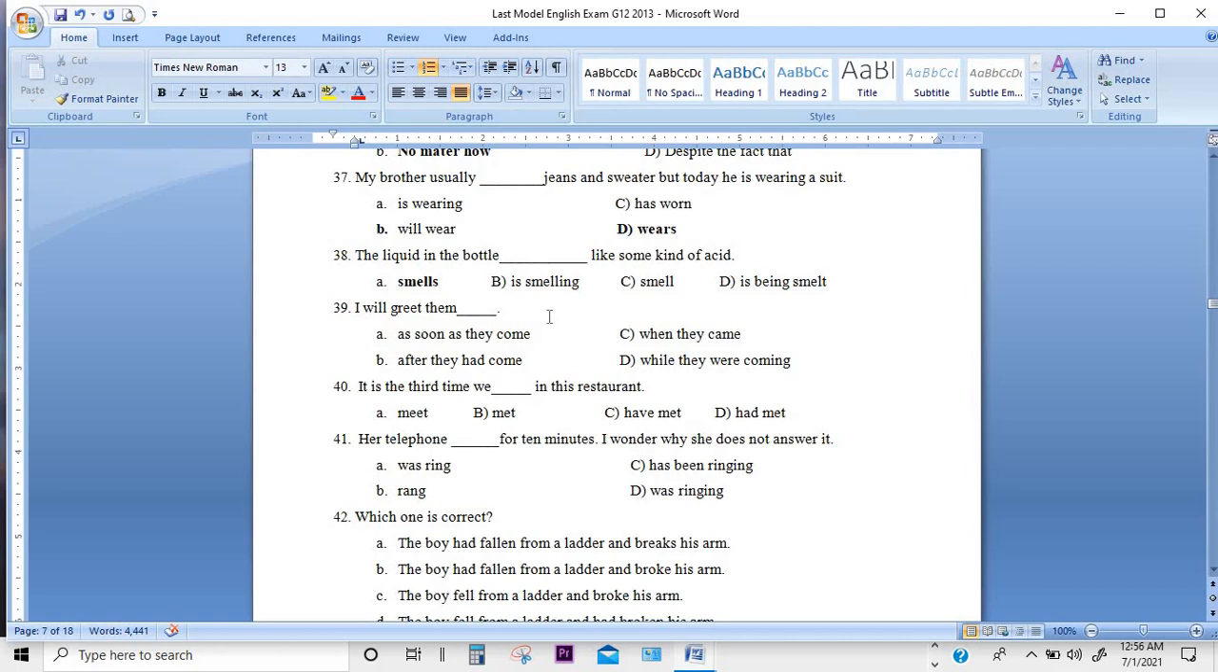Time clause here. So time clause ከሆነ ኮንጃክሽኖችን when አለን፣ while አለን፣ after፣ before፣ soon, as soon as long as,